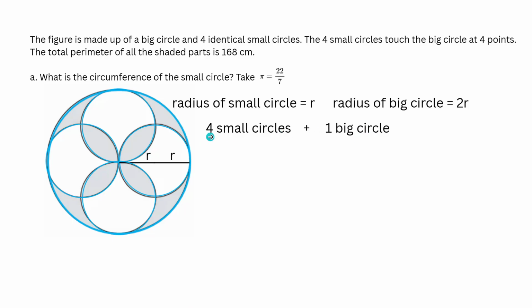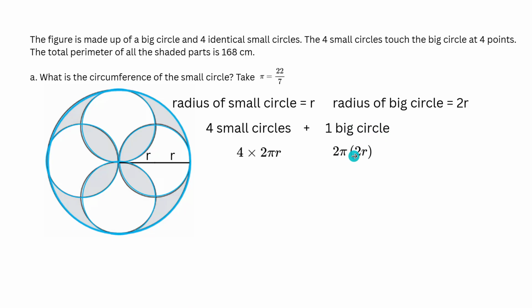Now, we know that the formula for the circumference or perimeter of a circle is 2 pi r. Now we are talking about this small circle whose radius is r, and we have 4 such small circles. So that will be written as 4 times 2 pi r. Now to that we add the perimeter of one big circle or the circumference of one big circle, which is